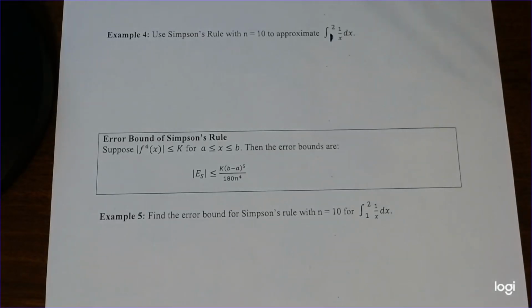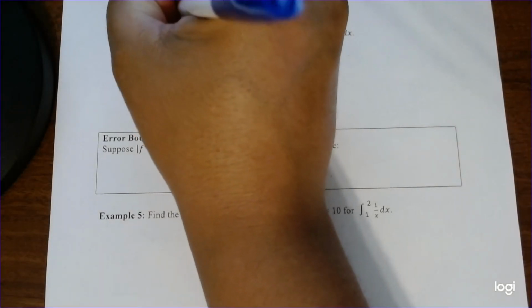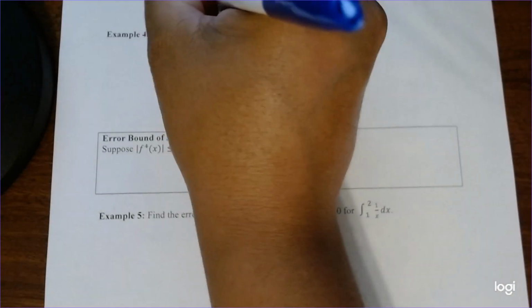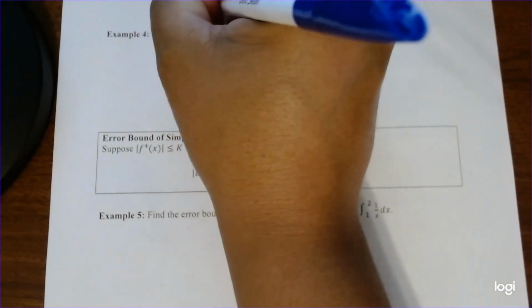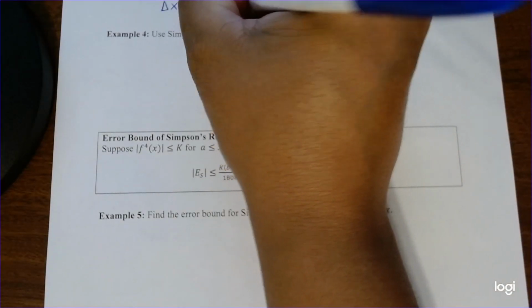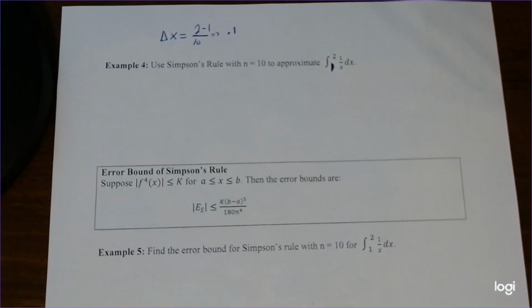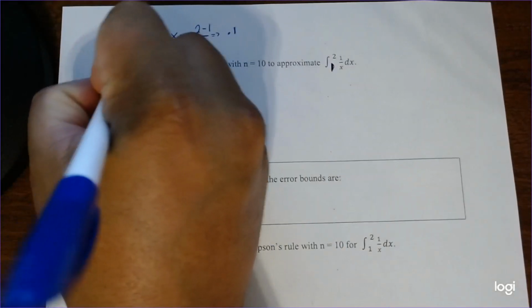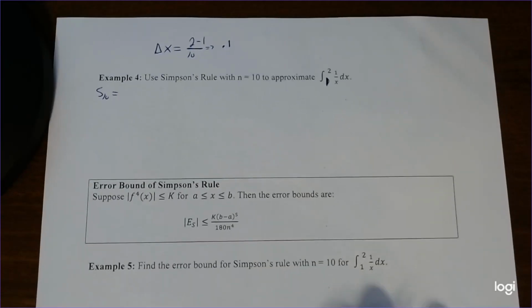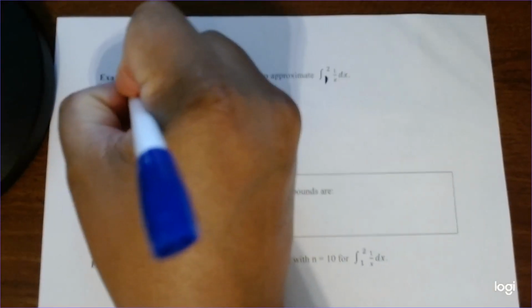Okay. All right, so first off, we want to find change of x. So again, going back, change of x is 2 minus 1 divided by how many we want. In this case, we want 10. So this is going to be 1/10, so 0.1 essentially, right? All right. So now, according to Simpson's rule, it's going to be the change of x divided by 3. So 0.1 over 3